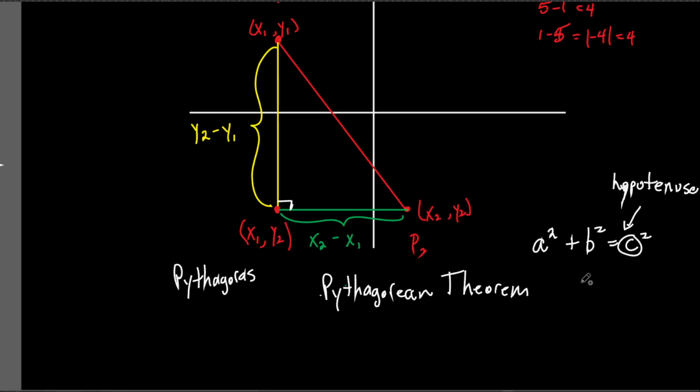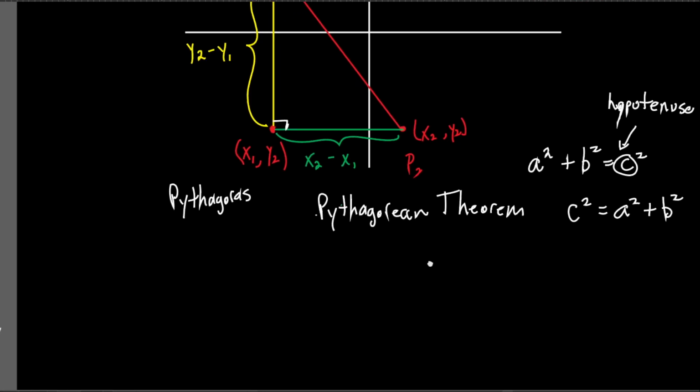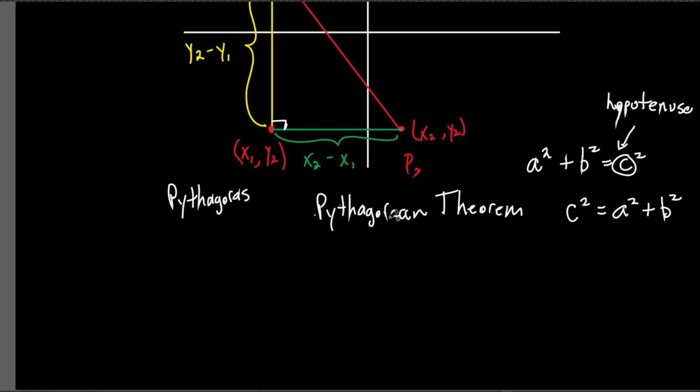Now, we could also write it like this. Would you agree that I could have also written it like this? Doesn't make any difference, does it? I'm going to write it like this, with the C out in front. It doesn't matter, right? 3 plus 4 is 7, and 7 equals 3 plus 4. Is there any difference? No. So it's the same thing here. Let's scooch this up just a little bit. So what I want to do